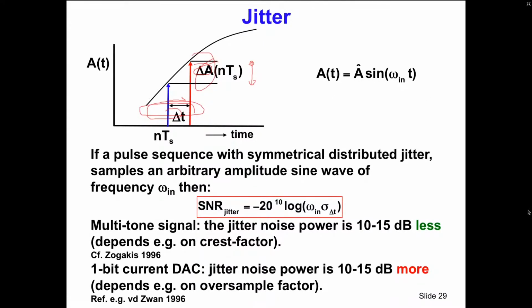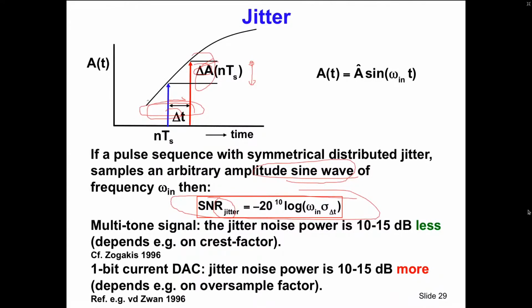We basically in A to D converters always use sine waves to characterize stuff. That is really from the early ages. And from those ages we also have this jitter formula that is probably pretty well known. Note, by the way, that jitter is a ratio between the amplitude and the jitter magnitude.